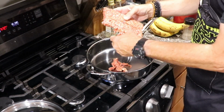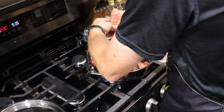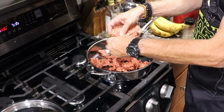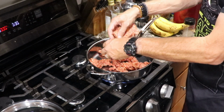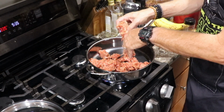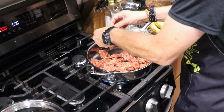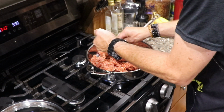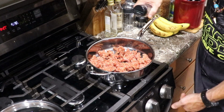And let it sit. You take your pork sausage, get your pan going. You can put some butter in there, some oil if you want. What you're going to do is you're going to get this in here. I'm going with 1 pound because I'm making only one part of this. And then halfway through, I still season this a little bit, everybody. You could do your salt and pepper, but I still season it a little bit, and I put a little bit of my SPGO on,